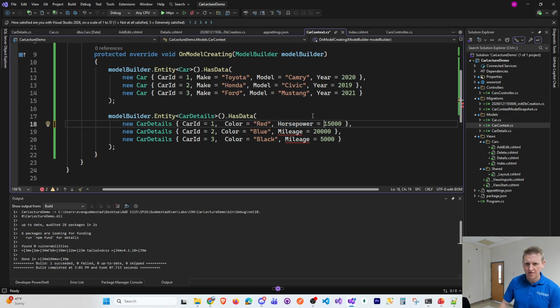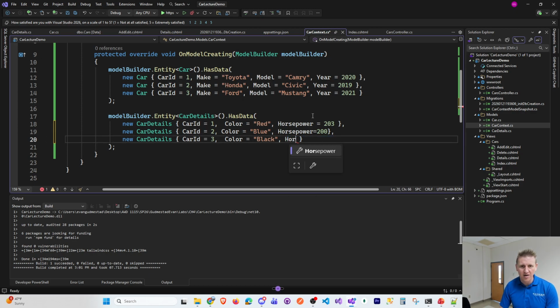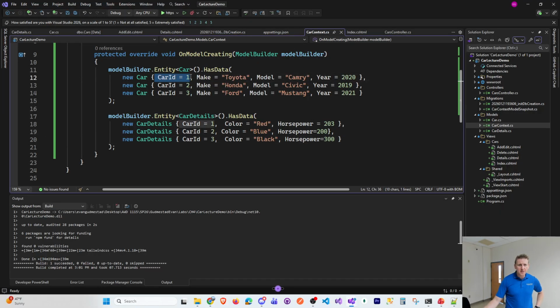Horsepower. Just making up the horsepower. I'm going to assume the Mustang has more horsepower, yeah? Horsepower of 300 horses. Okay, so follow me here. Car ID of 1